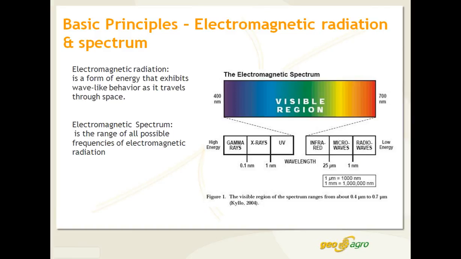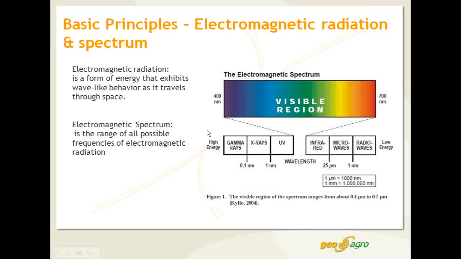And we'll be talking about using normalized differential vegetation indexes. A little bit of initial information. As we talked about in the first session, this is based on electromagnetic radiation, which is a form